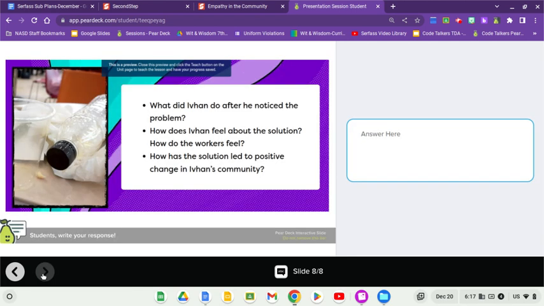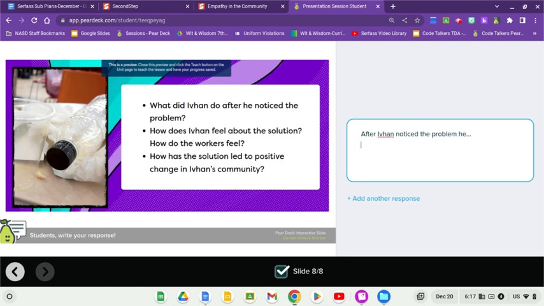All right. So we've got four questions about Ivan's situation to help us reflect and wrap up our thinking about empathy and community. What did Ivan do after he noticed the problem? After Ivan noticed the problem, notice how I'm using the same words as this question in the answer. After Ivan noticed the problem,